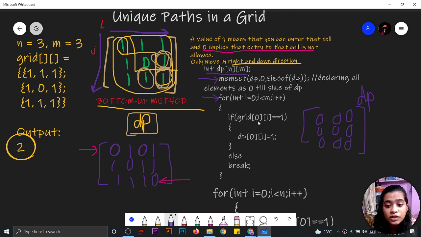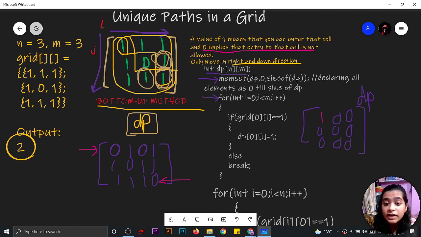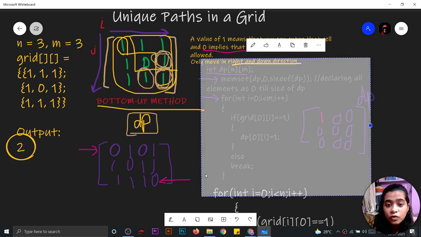So if grid of 0, i, that means grid of 0, 0 when i is starting from 0, is equal to 1. Yes, it is equal to 1. So we will make our first cell in the DP as 1. Else, if grid of 0, 0 is equal to 0, then we are not able to enter that cell, so we will just break the loop.